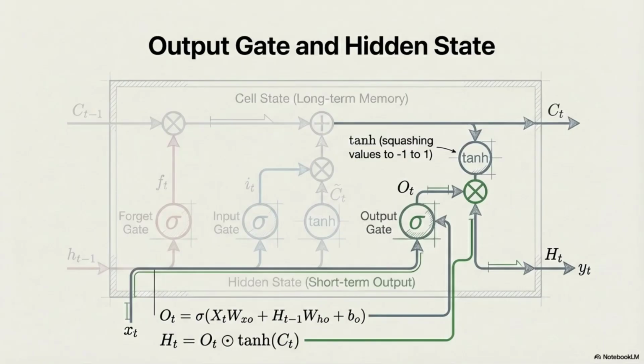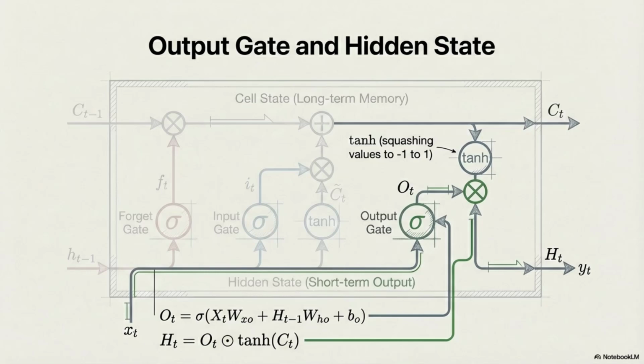All right, last piece of the puzzle, the output gate. So we've updated our pristine long-term memory in the cell state. Now the output gate's job is to look at that cell state and decide which parts of it are actually useful for the task at hand right now. It filters the cell state to produce the new hidden state, HT. And that hidden state serves two purposes. It's the final output for this time step, and it's the short-term context that gets fed into the next LSTM